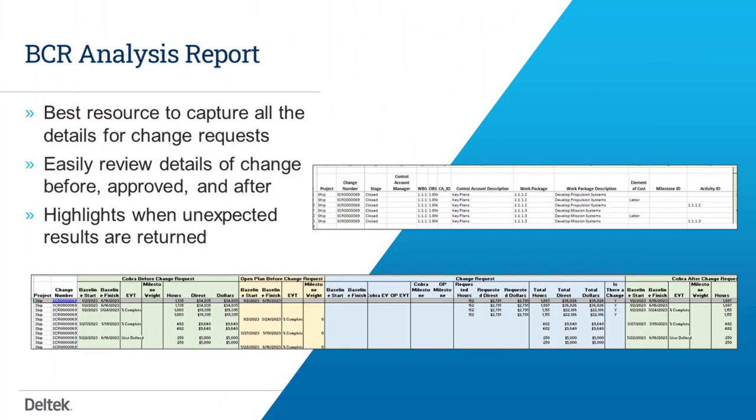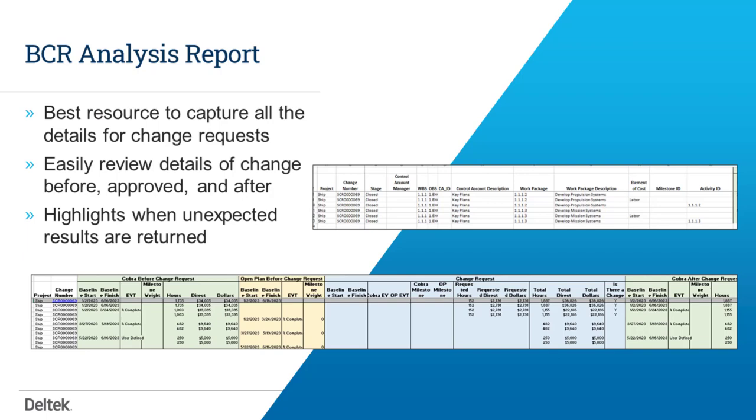Lastly, again, I hammered it, I'm going to hammer it all the time: the BCR analysis report. It's your best resource to capture all details for your change request. There is no better way to find it. You can use the change log, you can look at log files, you can look at other reports, but this report was intended to really easily review detailed changes